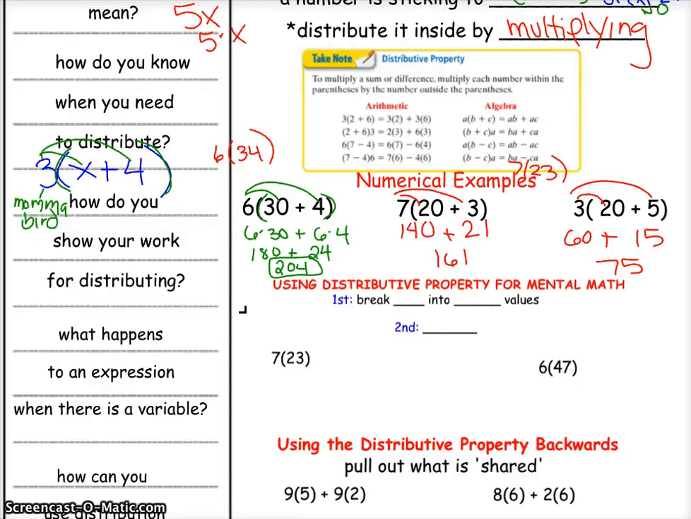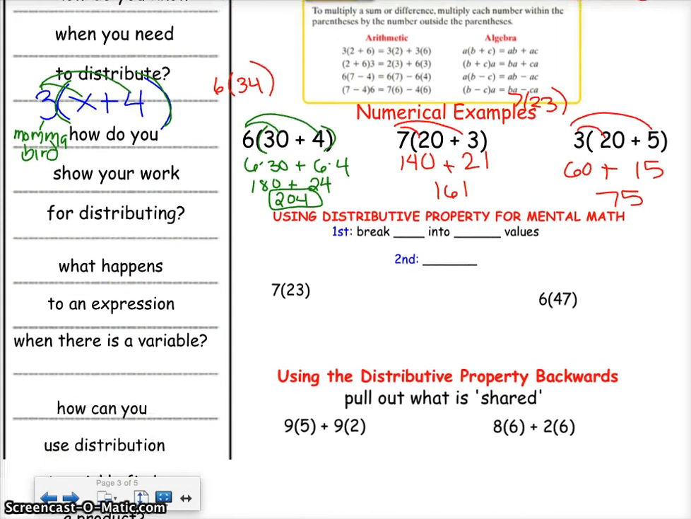Right, so we went through how to distribute when we have a sum inside parentheses. Now, why in the heck would we care about this? That is the biggest question. Why would we want to do this? Well, we want to do this when we don't have a calculator because it helps us do this awkward multiplication